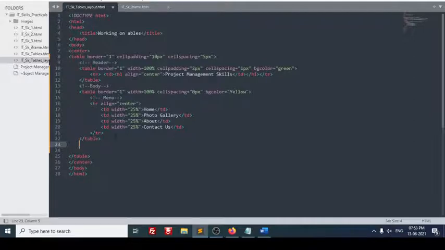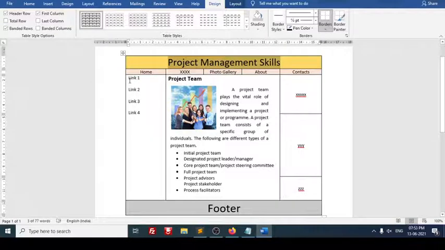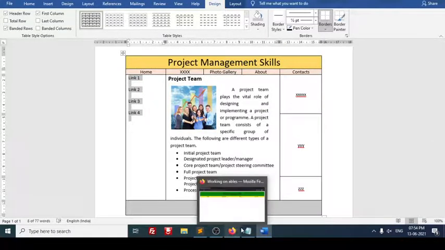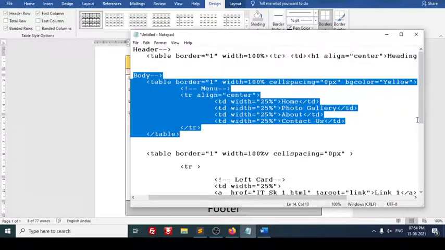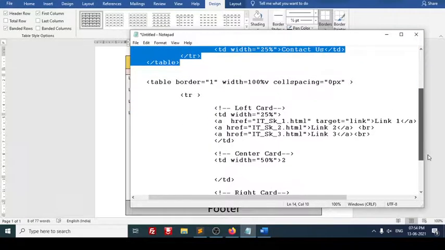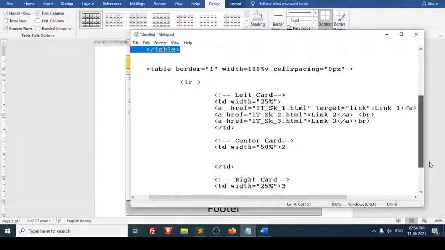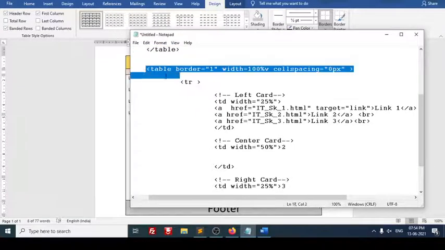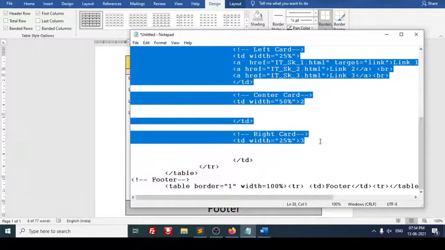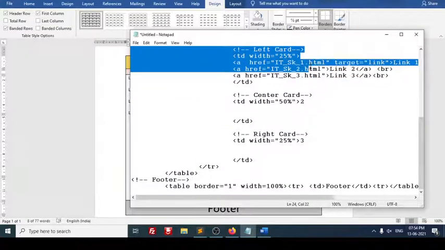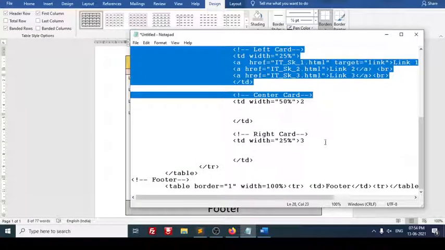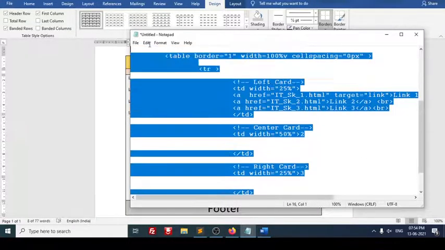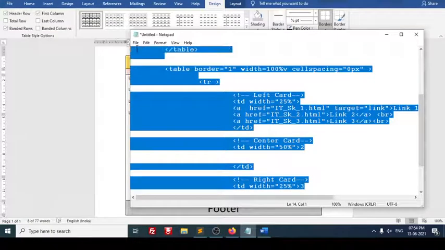Now below the menu I want this body part. So in Word, see, these 2 parts are over. Now I want these links and all these things. Correct? And footer. How to do that? For that I have designed a code here. Okay, I will take this code. What we have done is, right card. See, I have split it into 3 parts. What I have done, I will explain afterwards. Let me copy this table. One more table I have done here.